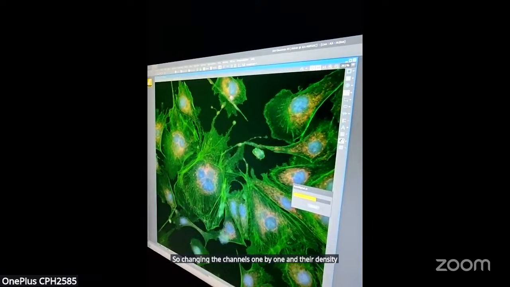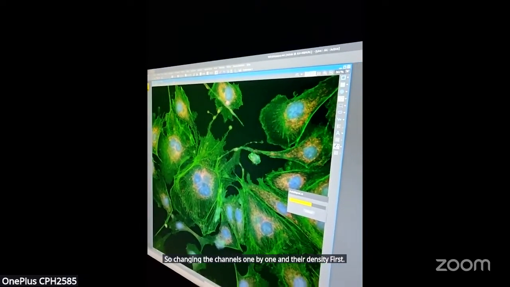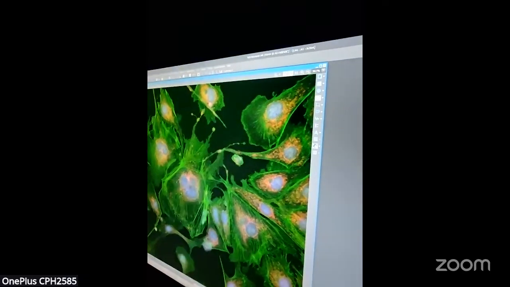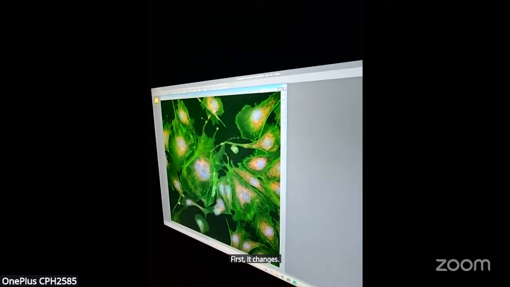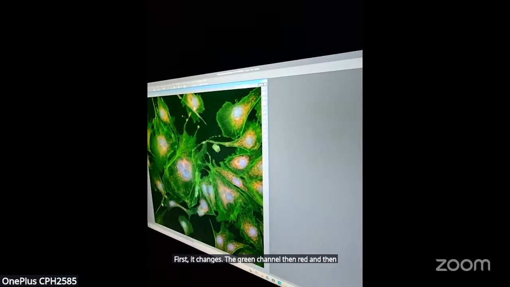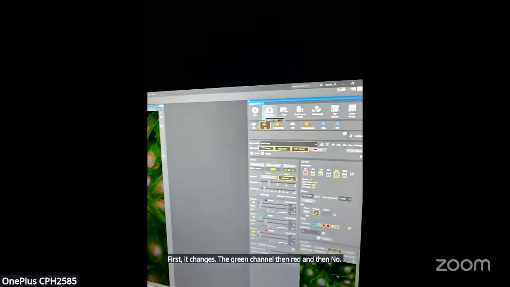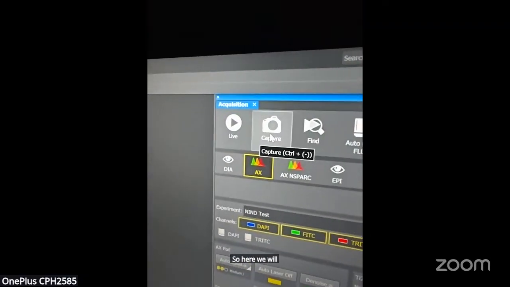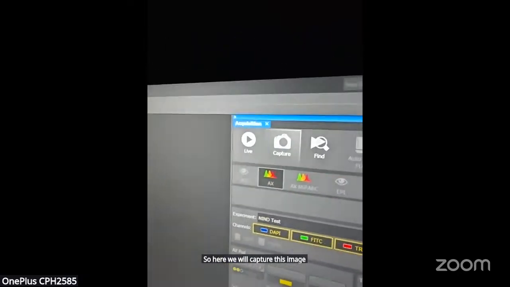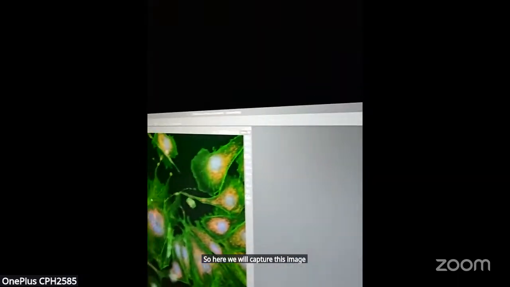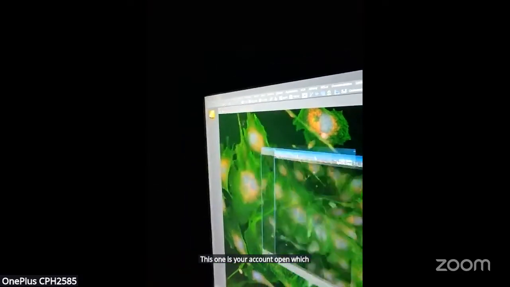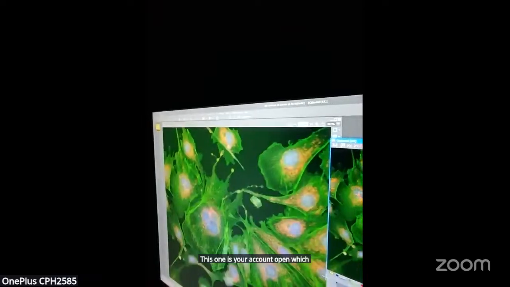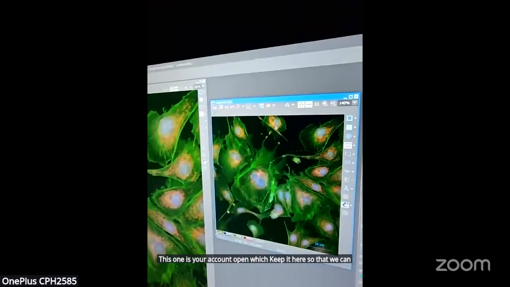First it changes the green channel, then red, and then the dark one. So here we will capture this image. This one is your confocal image. Okay, we'll keep it here so that we can compare it.